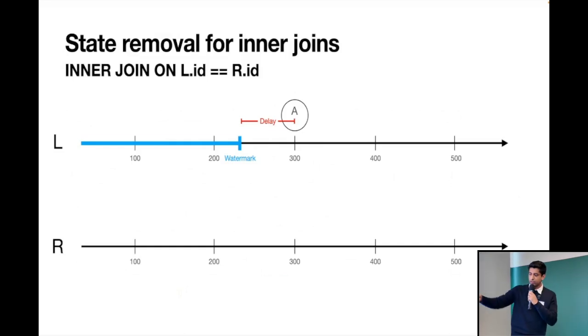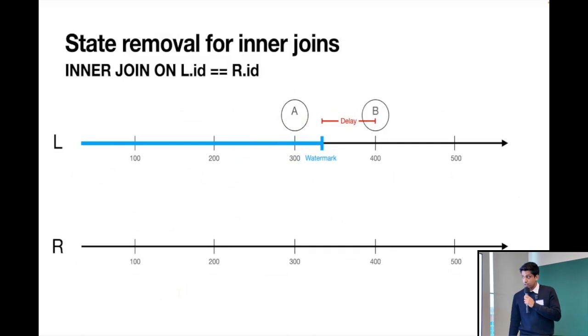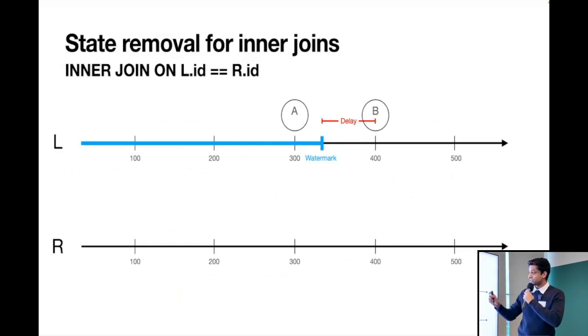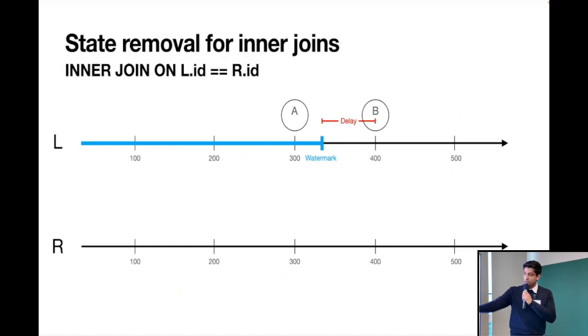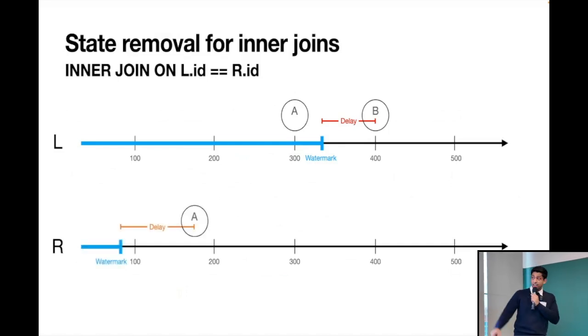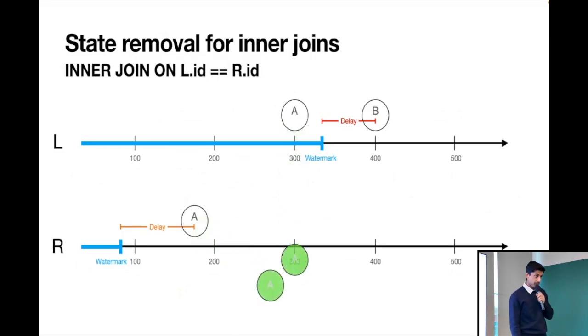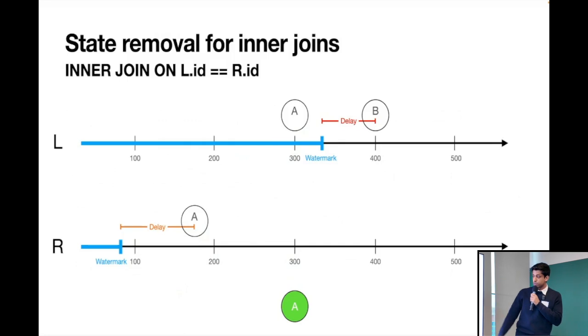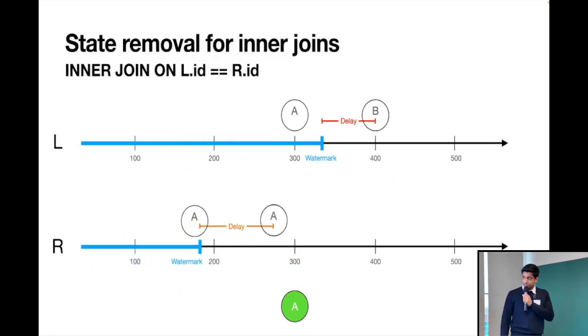And clearly, there is nothing on the right, so we don't join. We receive another record on the left. The watermark advances. And as per the quiz question, we do not evict A. That would be a correctness issue. I would be paged. And so we keep that in state. And as expected, something with ID A comes along on the right. These two records satisfy the join condition, and so we emit these downstream. Again, we receive another record with ID A. The condition is true, and we emit that downstream.